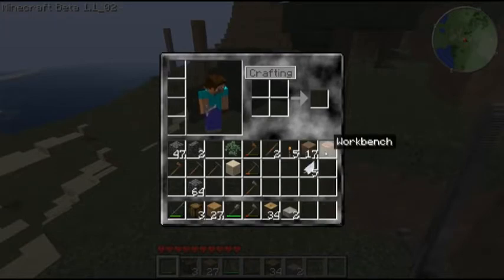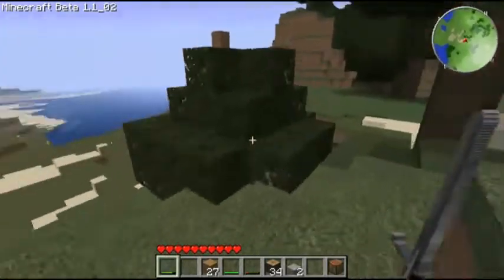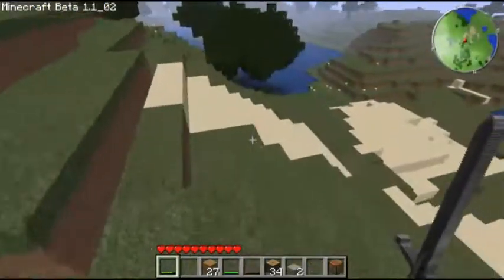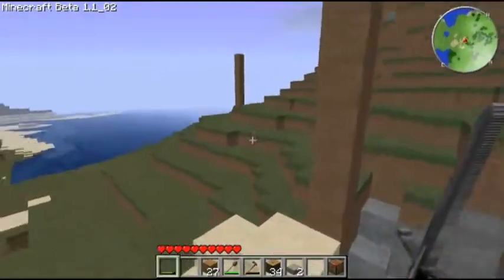Chew out of the way. Workbench, I might want to make something. Actually, no, that's cactus. I can't make anything with that. Okay, moving on. Enough of that nonsense. Fortunately, the creeper got me when I was away